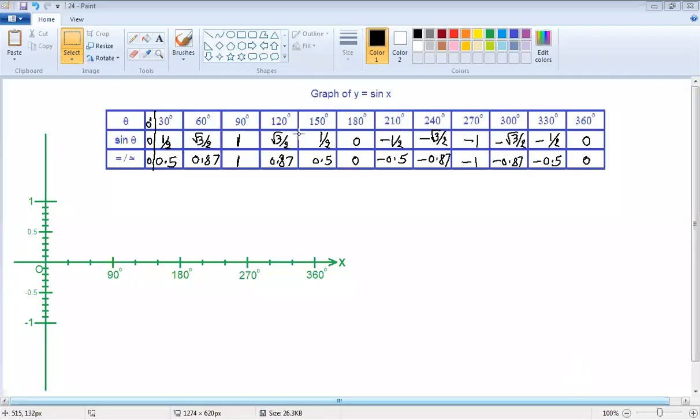So I have pasted the table of values from the previous screen. Now I have got ready the angles described on the x-axis, like this 90-degree, and I have done three parts. So first part is 30 degrees, second is 60 degrees, this way 90, 120, 150, 180, like this up to 360 degrees. So on the x-axis I have plotted the angle, and on the y-axis